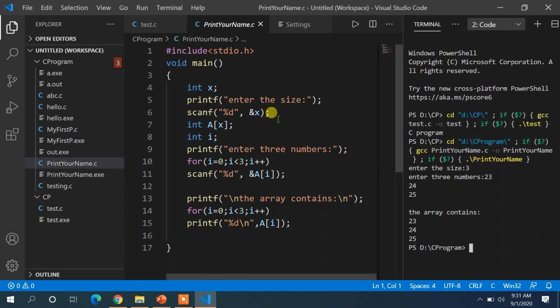Okay, so you need to set up all these things that I have already told you. Without this setup, your program will not run properly in your Visual Studio Code. Still, if you are finding any difficulty in understanding how to run the code, you can write it in the comment box.